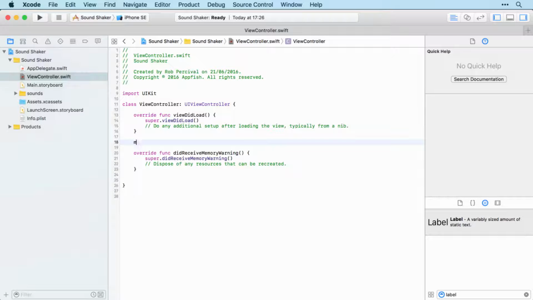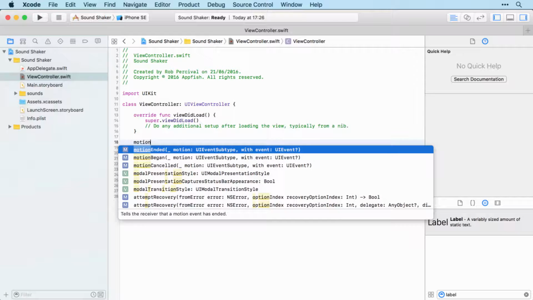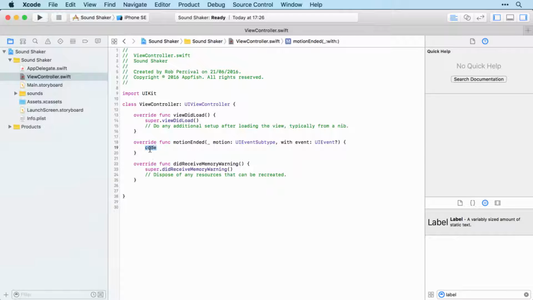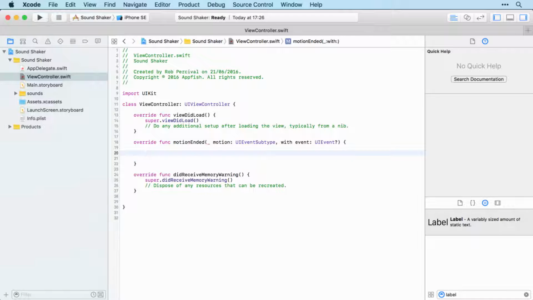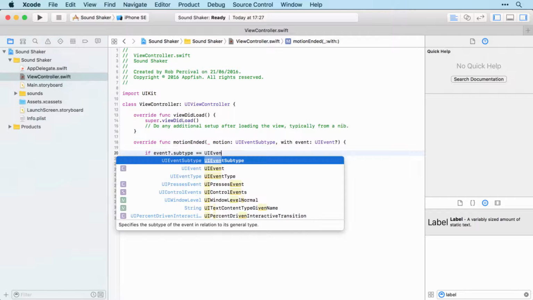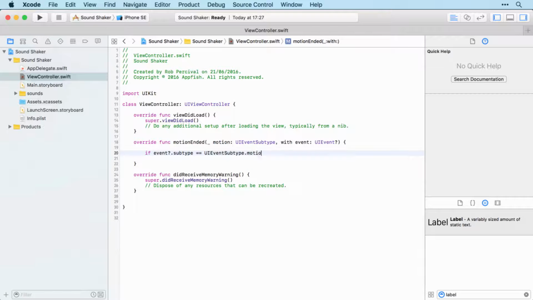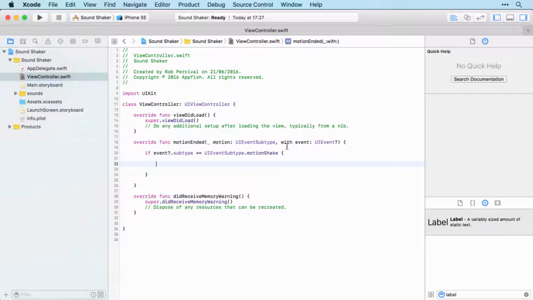And we'll start by setting up our motion ended method. And again, we're going to check to see if event.subtype is equal to UIEventSubtype.motionShake. Then for now, let's just play a single file. So we'll let our file location be equal to